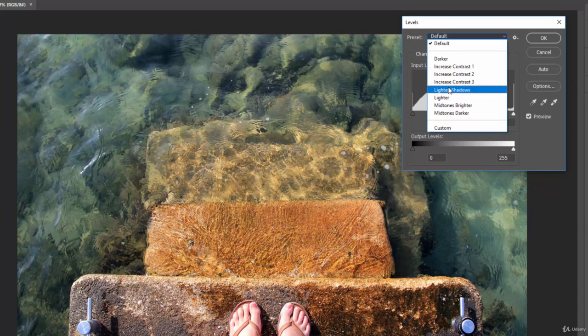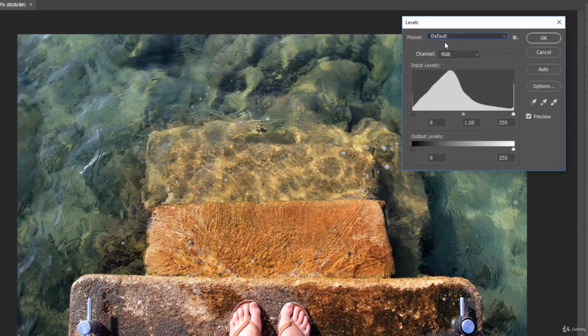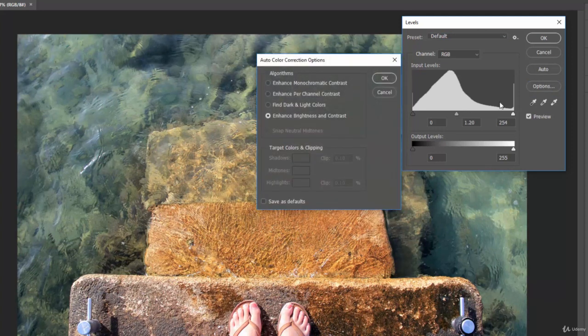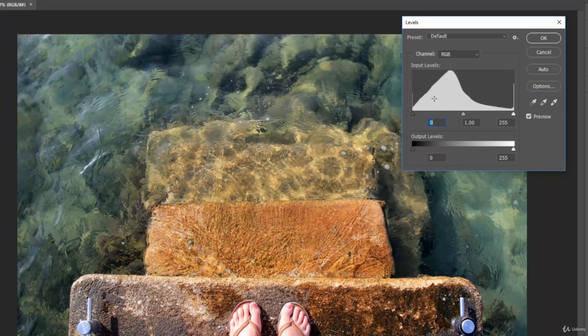So you have the chance to go ahead and use any of these defaults or mess around with this graph. There's some other options here like auto and some additional options that you can click on. And you can see those advanced color options here that you can go through and mess around with if you would like to. And then, of course, you can take samples of colors to set black point, gray point, and white point, and you can turn off the preview.